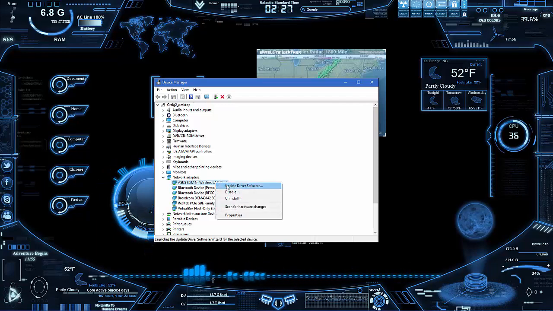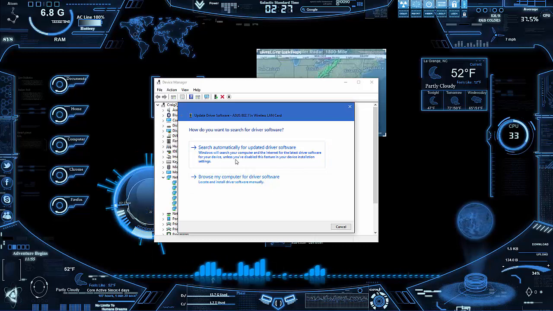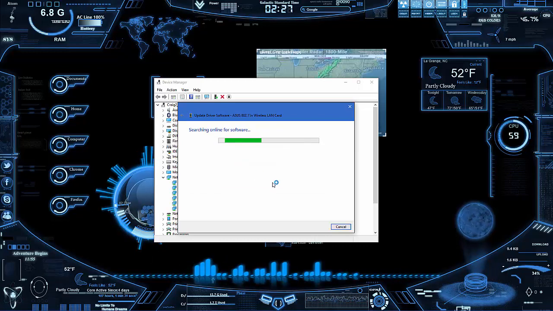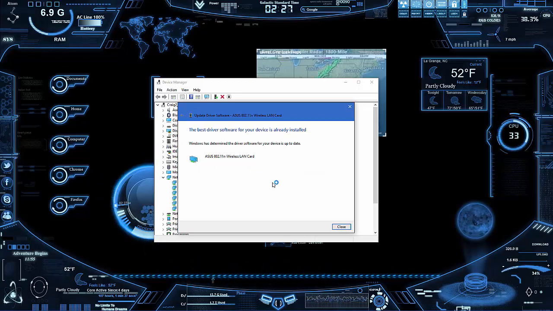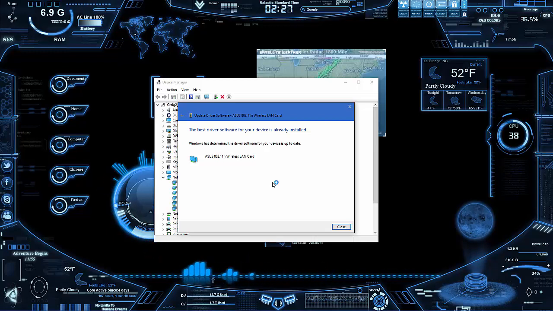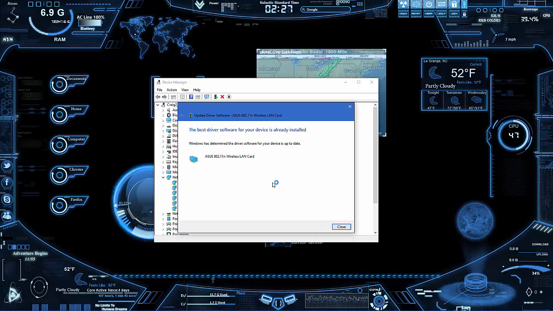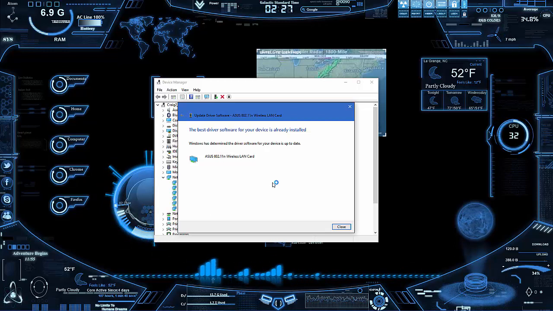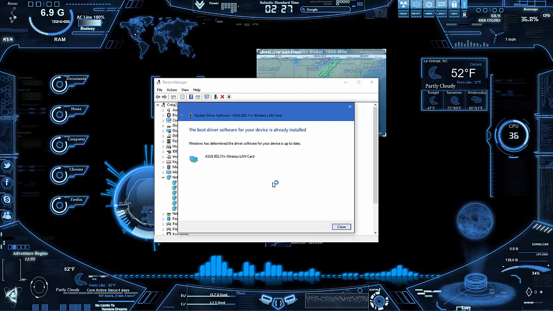Otherwise, if you are connected to the internet, the easy way to do it is to search automatically for an update. Now, you may get an update. If an update does happen and you have to update it, what I recommend is update everything. Go ahead and check to see if Windows needs to be updated itself. Might as well. Then when you're done with all that, restart the computer. You might be saying, well, you don't really have to restart your computer when updating drivers. This is somewhat true, but this also makes it where there's no reason under the sun why the thing shouldn't work